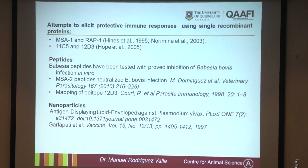And then, well, there are several people who try to produce a recombinant vaccine. People isolate different antigens, some of them related to the infection of the erythrocyte. People have been trying to isolate, for example, a peptide from a major protein in the Babesia. Some people even try to use nanoparticles to produce a vaccine against babesiosis. Then